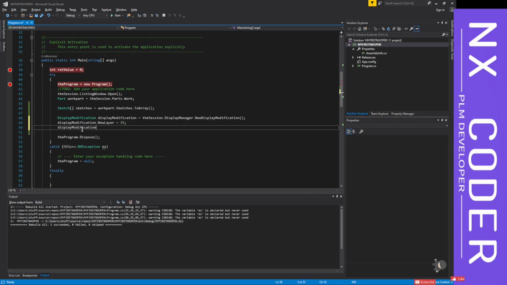Now after this, we need to say all the objects. We are going to set a few objects, right? What are the objects? The objects are the sketches that we already collected in line number 46. So if I go back, I need to add this object into this class. So if I go, there is something called display object, I think objects, if I'm not wrong,